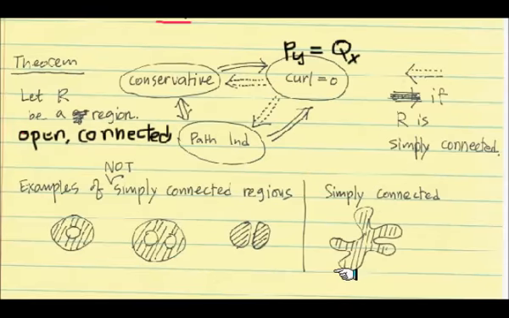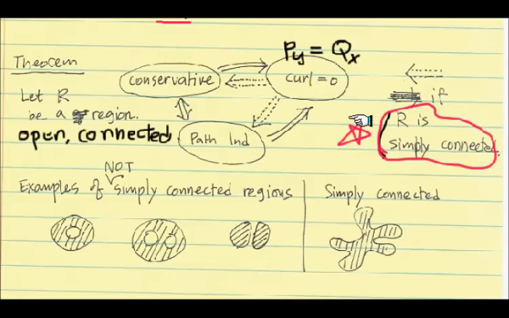I'm showing you the whole picture: we have these directions guaranteed when R is additionally simply connected. So I circled it, and if we have this nice simply connected property, then we have this one. These are examples of a region that is not simply connected, and this one is not even connected. But this is an example that is simply connected. It is a kind of complicated shape, but it is still simply connected. There's no hole inside. So this demonstration part turned out to be a very interesting example.